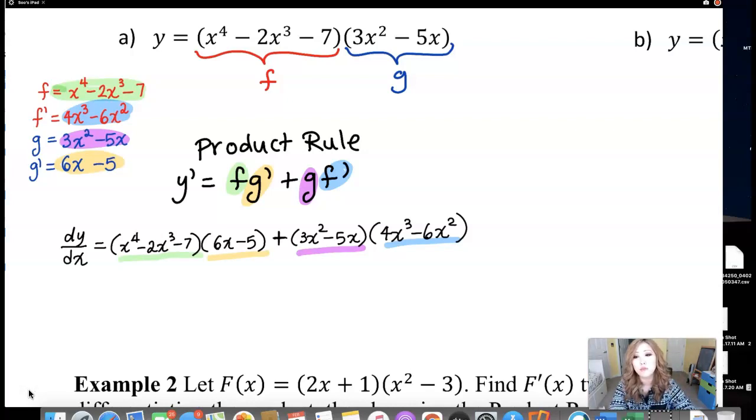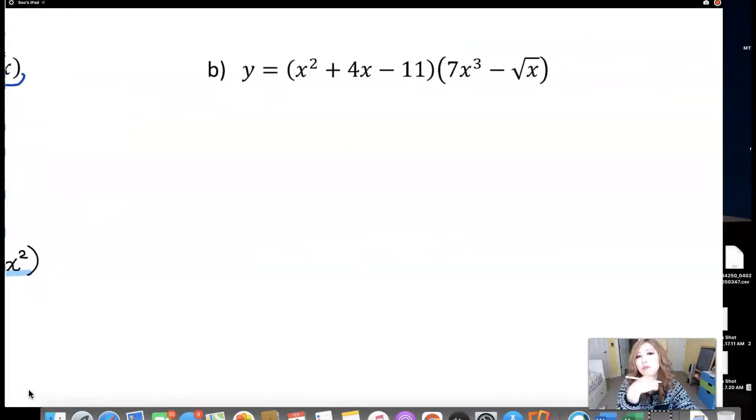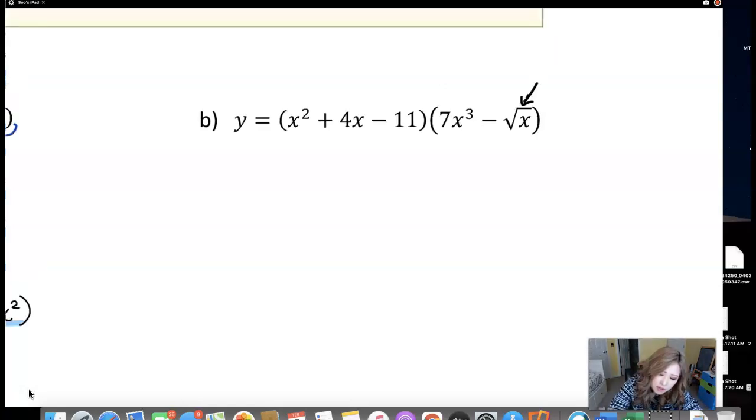All right, let me do one more, okay? This is fun. Oh, but hold on. Everybody's looking good here. Like x squared, 4x minus 11, they're all looking good. 7x cubed, that's good. But I don't like this one. We'll rewrite this one. Rewrite